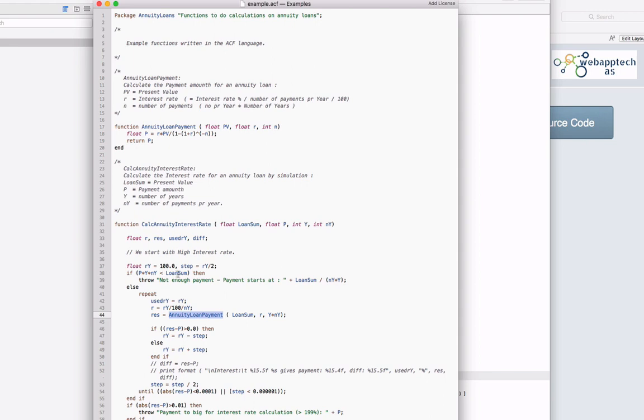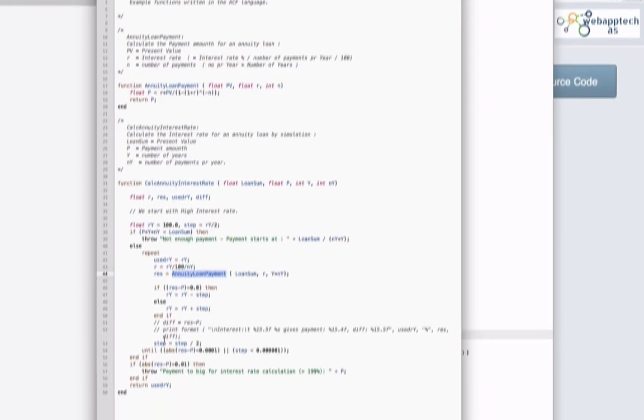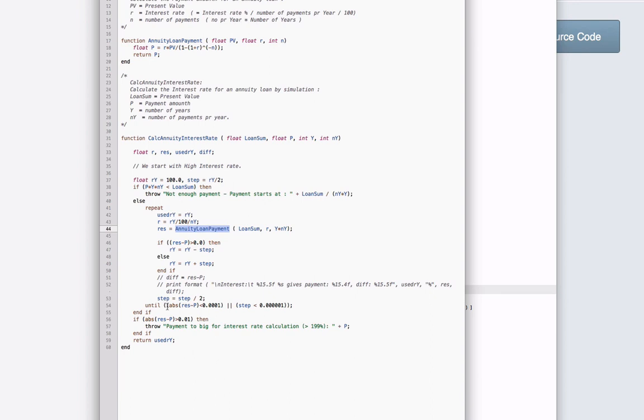Just number of payments times payment amount is less than the loan sum. The until condition here, we check if we are close enough. The second part is when the step becomes very small, then we exit 2. This condition prevents us from having an endless loop if we can't find the result.